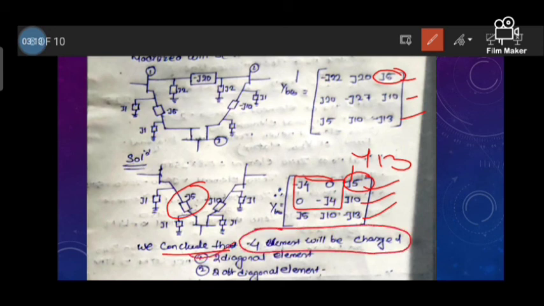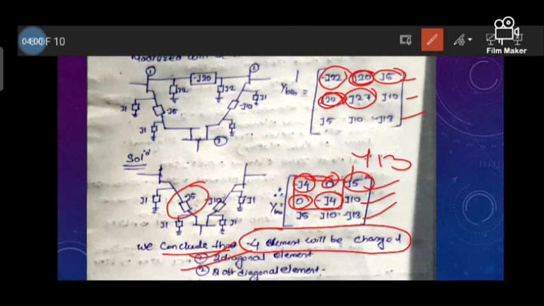The 2 diagonal elements, minus j4 and minus j9, are changed. Here minus j22 and minus j27, and the 2 off diagonal elements are changed. So here it is j20, not 24, and in this network it is 0 and 0. So those off diagonal elements are also changed. So we have concluded that if we replace one admittance or connected impedance between two buses, then 4 elements will be changed. Okay,